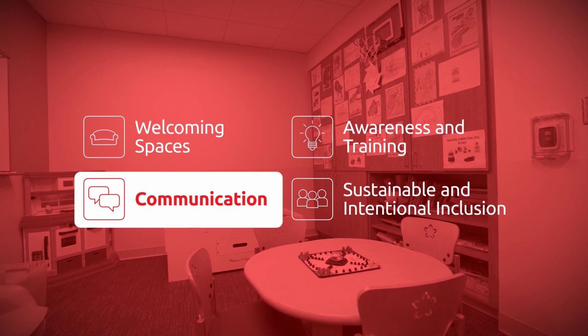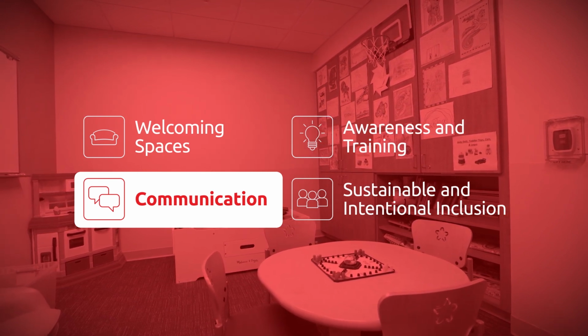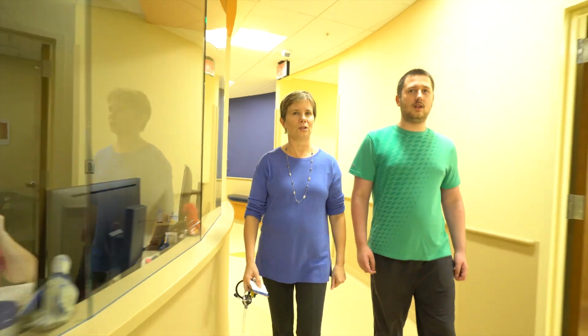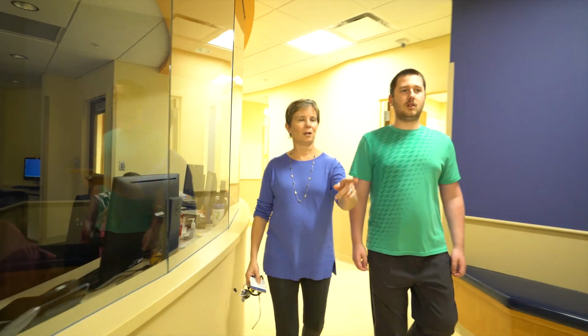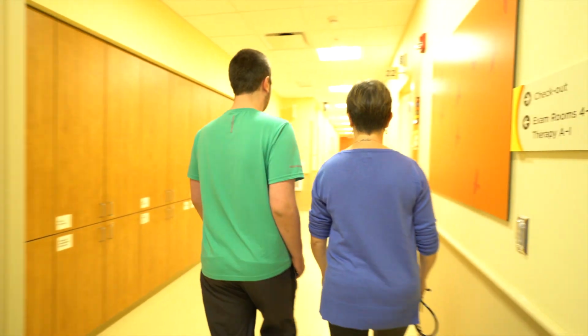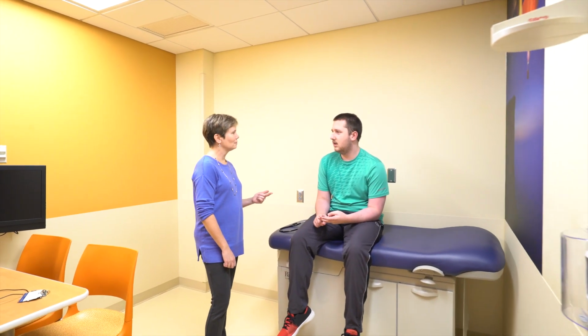Accessible communication is one of the first steps you can take to include people with ID in your programs and services. Ensuring your communication, including written communication, is accessible to people with intellectual disabilities is critical to ensuring equitable access to health services. There are a number of actions you can take to make your communication accessible to all patients,